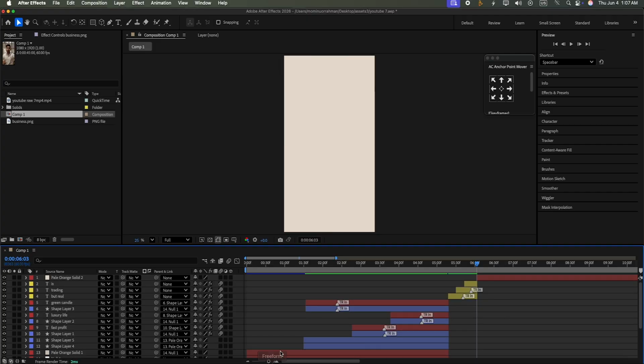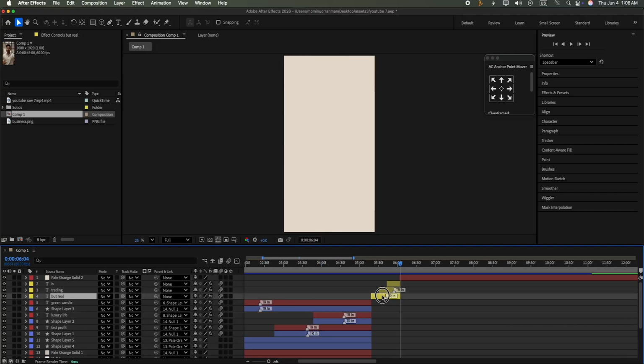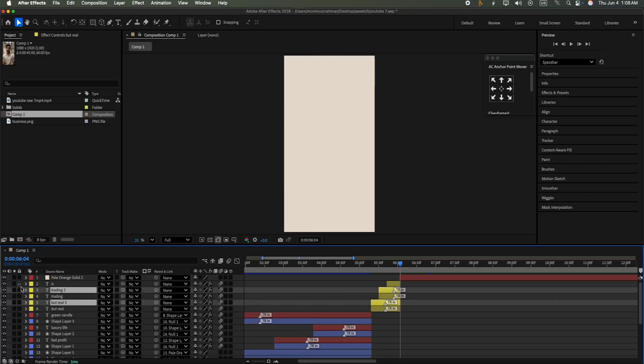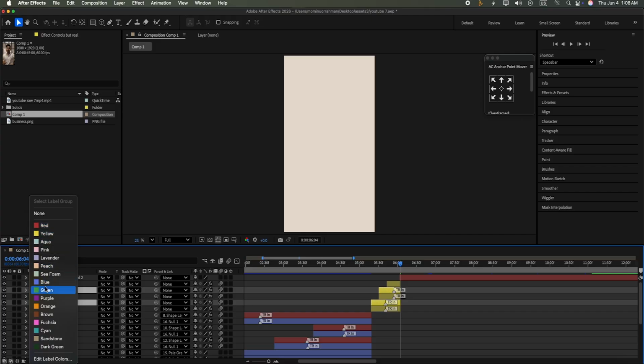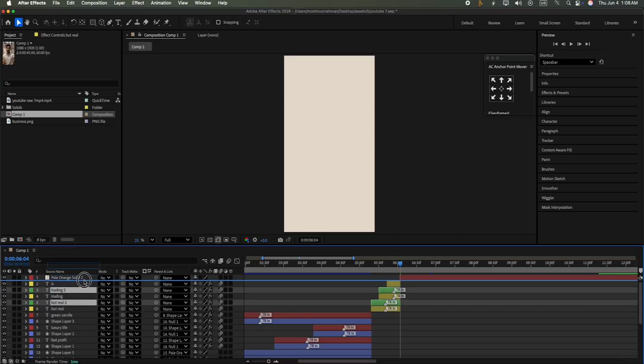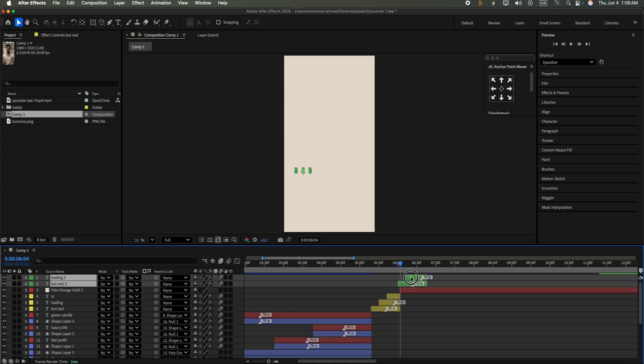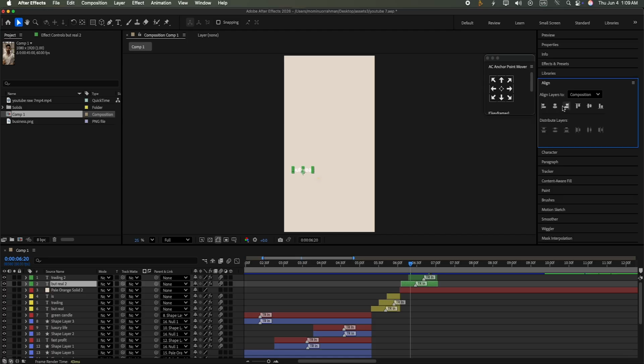Okay, delete the first portion, and now we select and duplicate the two text layers and change the label color to green and set it on the layer. So the text duration is increased, and now we align it to center,